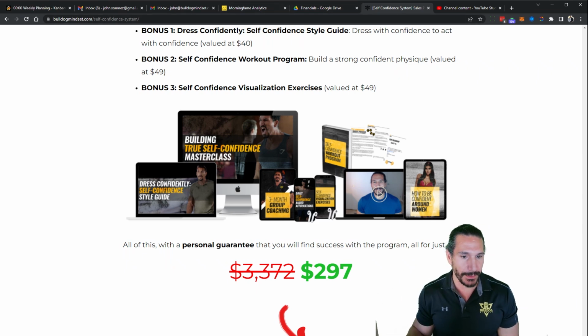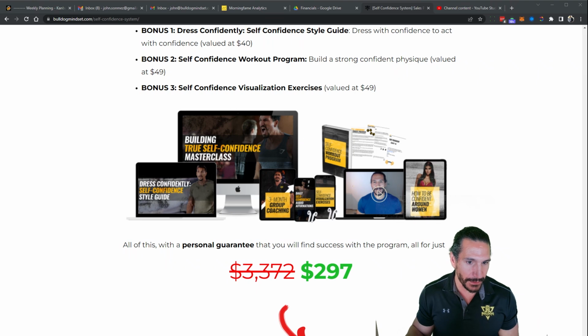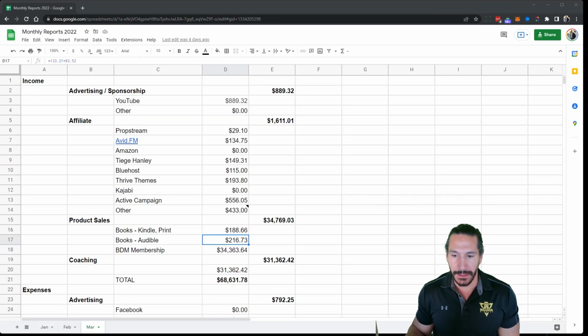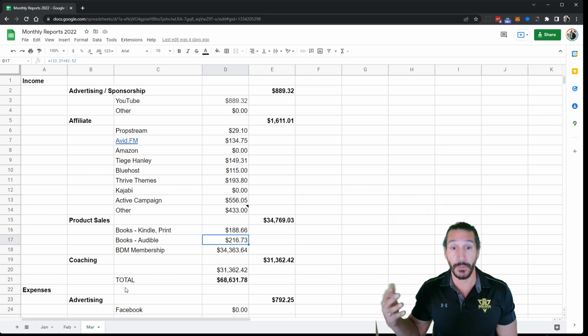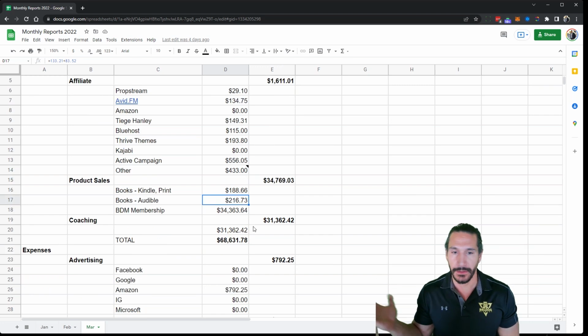Let me jump back to the spreadsheet here. So looking at this, again, going down the line here, and I'll give you guys some help in a minute at the end of where you can find out more info if you want to actually start to replicate this yourself. I'm very transparent about all this stuff. Bulldog Mindset membership did about